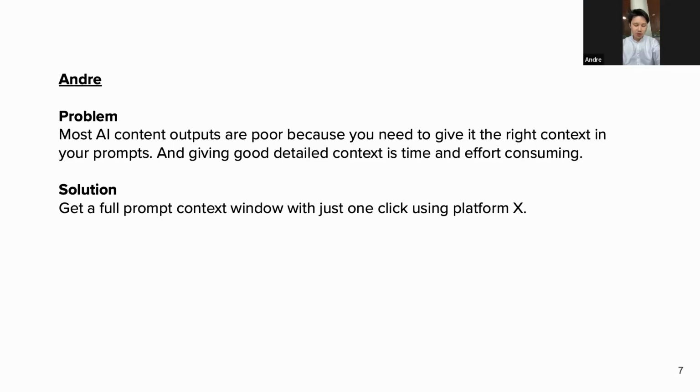For what you think of as the solution, is it pre-built prompts that are already existing, and it's like a list and you're just looking for them? Or where do the prompts come from? Are they generated algorithmically? Right. So for different organizations, each business would have a different context altogether. So if you were to use a generic prompt, the output would be based on that generic prompt itself. So my solution here is for each individual, even each organization, to be able to generate their own organization-specific prompt that will give them a full context.